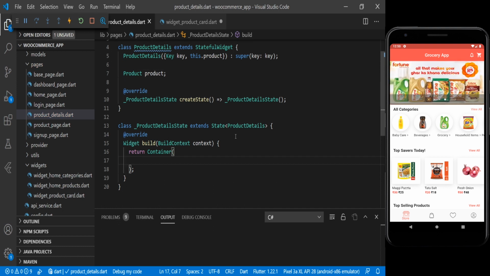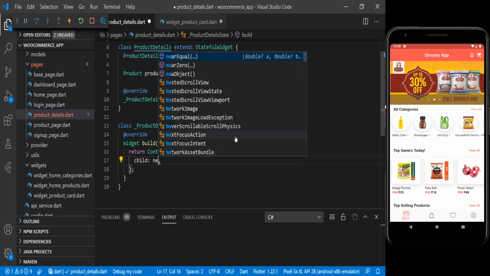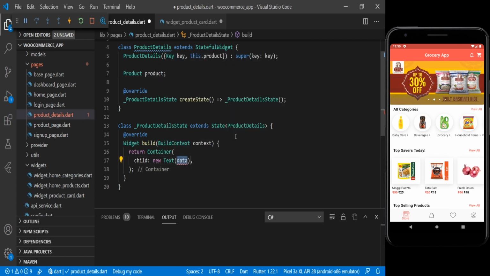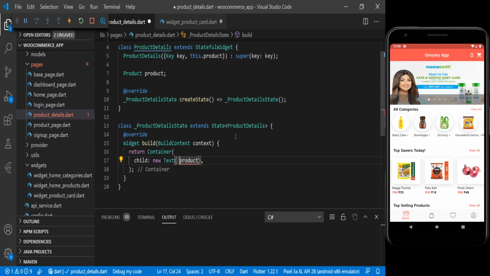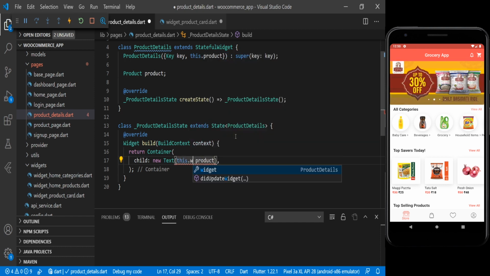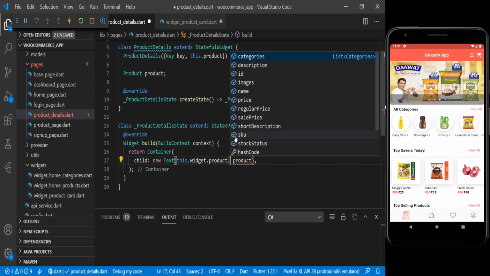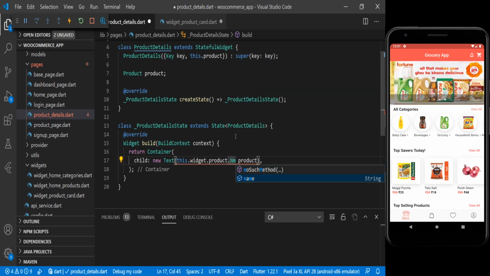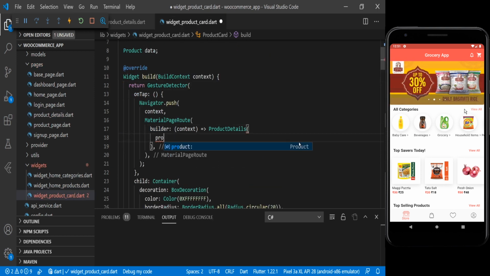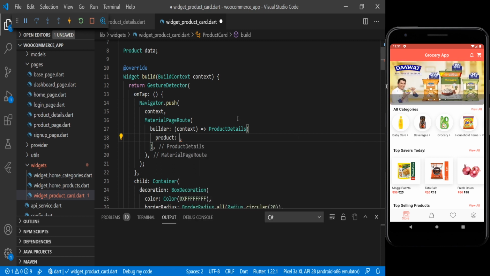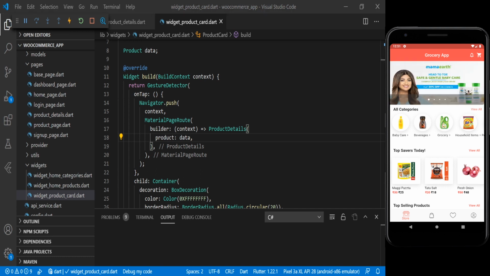And now, just for testing, we will pass here child: Text, and here we will have widget.product.name, and from here we will pass the product data.